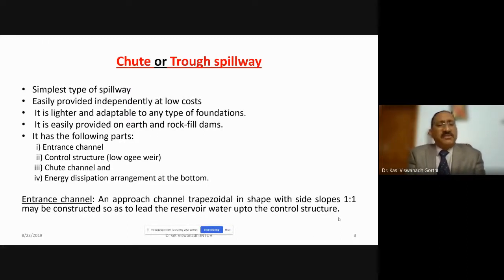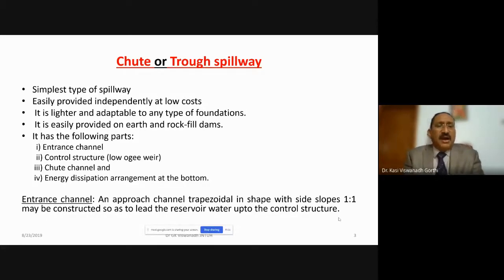Chute or trough spillway. This is the simplest type of spillway, easily provided independently at the low cost. It is lighter and adaptable to any type of foundation. This is the greatest advantage with this chute or trough spillway, unlike the OGE profile. It is easily provided on the earth and rock fill dams also,